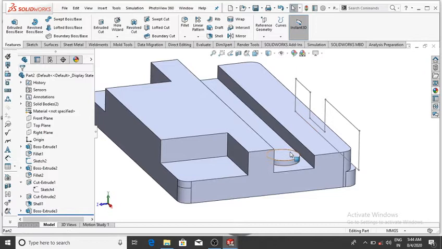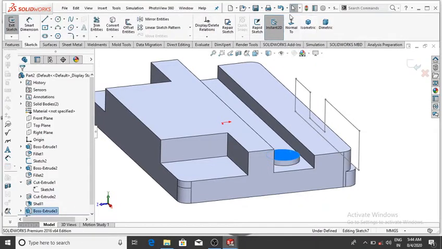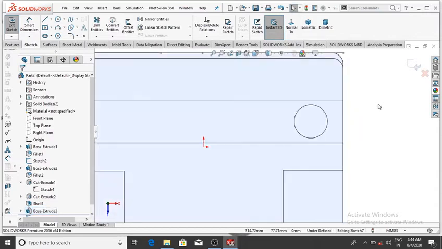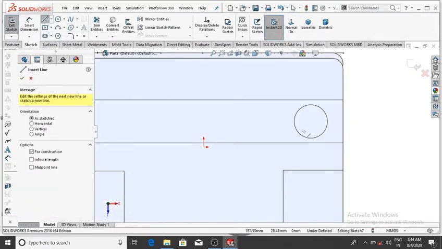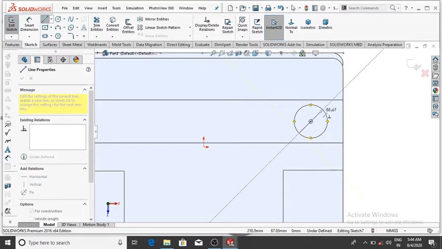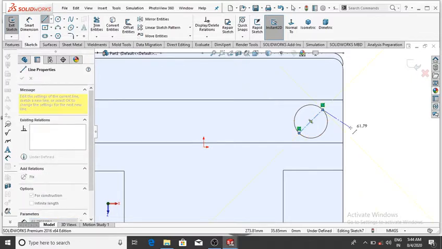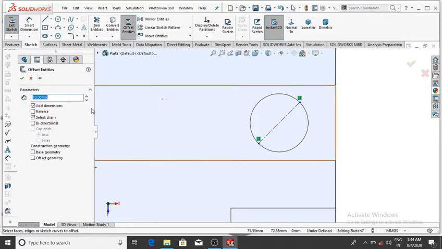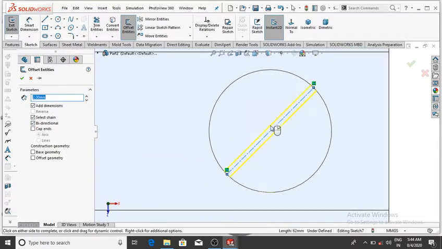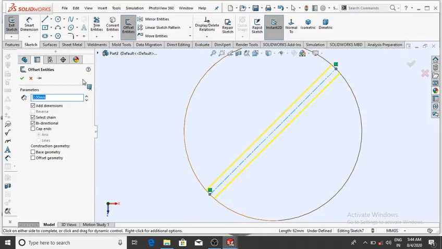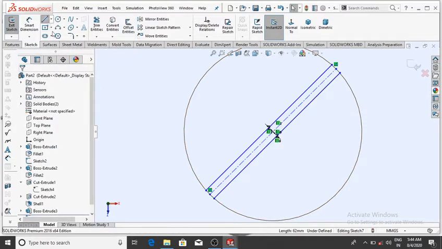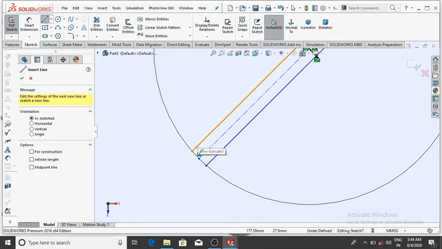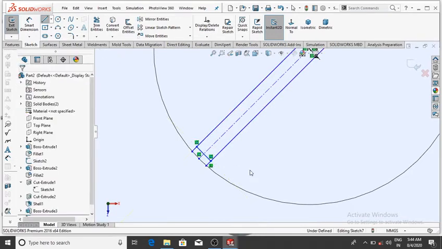And again on this face make the sketch, right click, then normal, and go to the center line, and from this make the center line up to this. Go to the offset entity and make the offset of 2 mm, select bidirectional and select this sketch, then okay, and make the line from this up to this line,